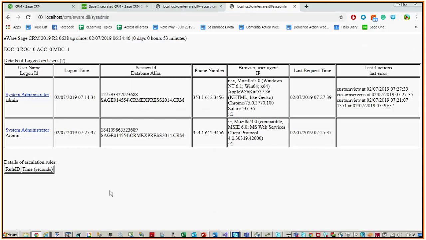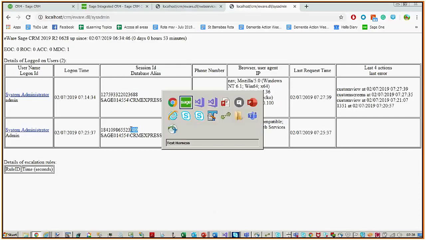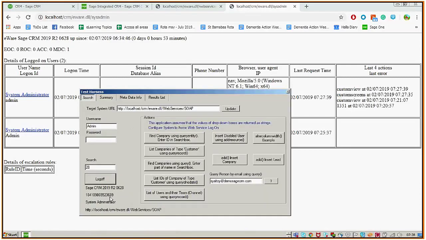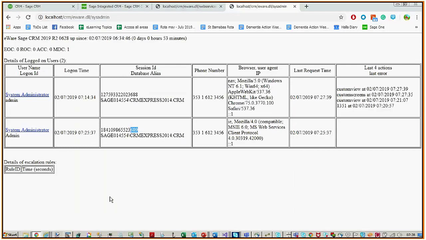So you can see that I've got 2 sessions created, one through the interface and the other through web services, and you can see that I'm using one through the web services, and that number, you can see it ends in 689. If I go over into here, you can see that that is in fact the session ID that I'm working with here, 689. Okay, so this is demonstrating what CRM knows about the open sessions,